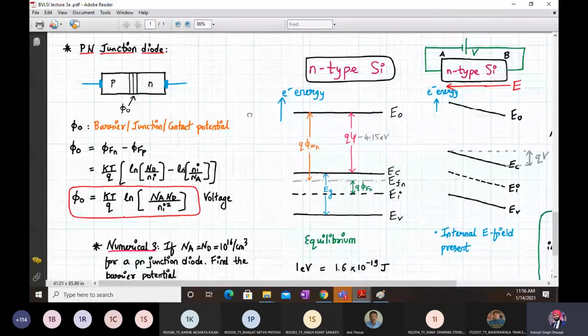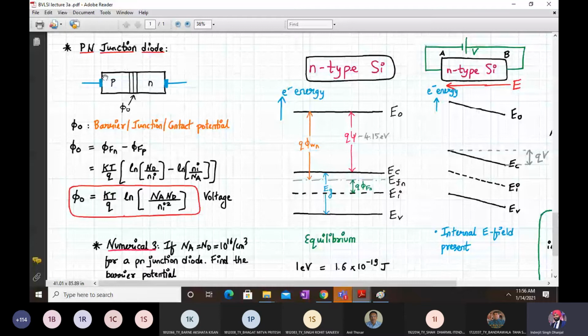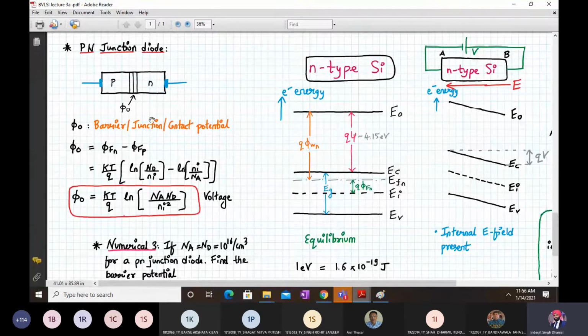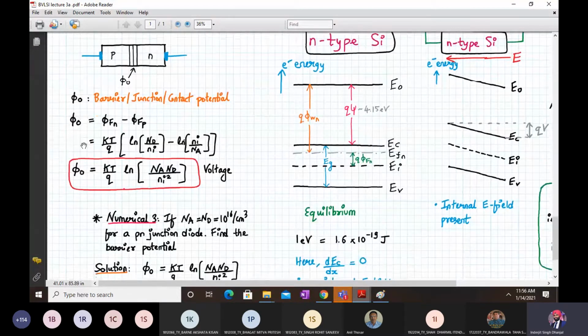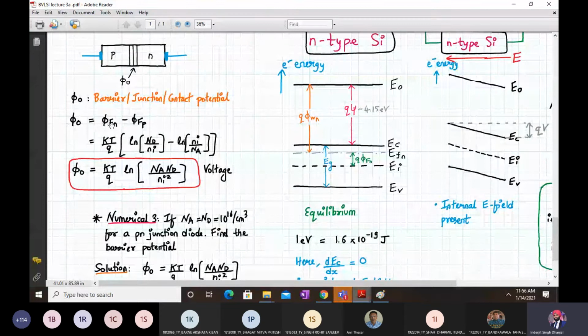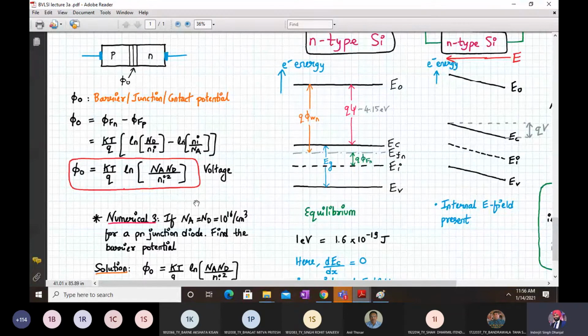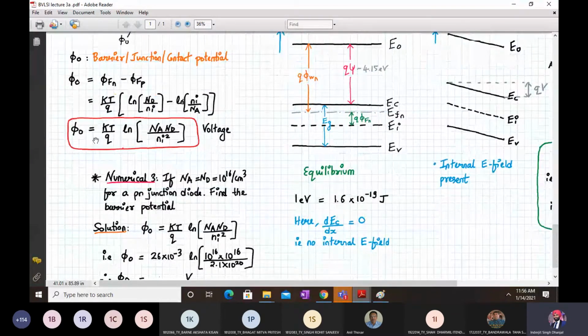Now we have one last. So over here, that's what I was talking about. P-n junction diode, n and p-type material joined together. Automatically we have a depletion region formed and we have a barrier junction or a contact potential already formed. This barrier potential is given by phi Fn minus phi Fp, which is equal to kT by q ln of NaNd divided by Ni square, which is in volts.